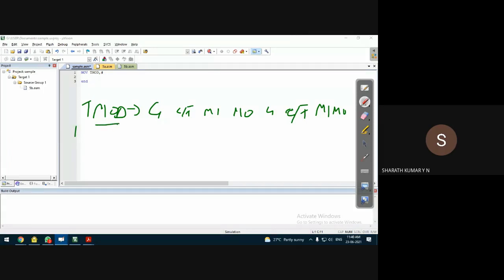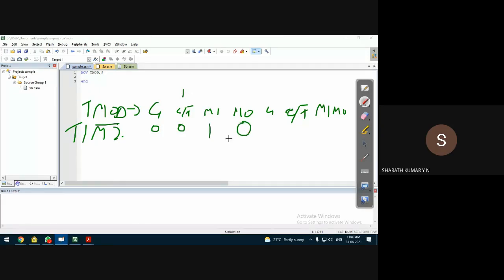Let us say I want to select timer 1 in mode 2. The GATE bit is 0, because most of the time we are going to control the on and off of the timer using the programming method. I'm using the timer, so this should be 0. For a counter, this bit will be 1, which we'll discuss when we discuss counter programming. Then the M1 M0 bits are the mode select bits. For mode 2 operation, the M1 M0 bits should be 1 and 0.